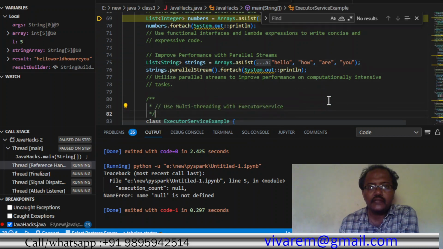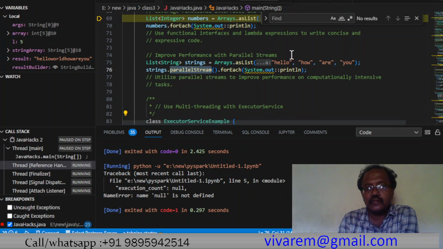Next is the parallel stream. When using a parallel stream, the order of this list actually changes. It will not be printed like this. It will be printed in some other, jumbled way. It will be different, but